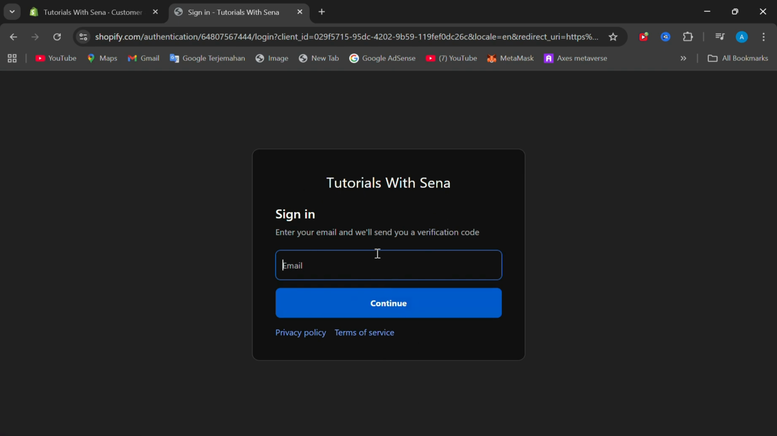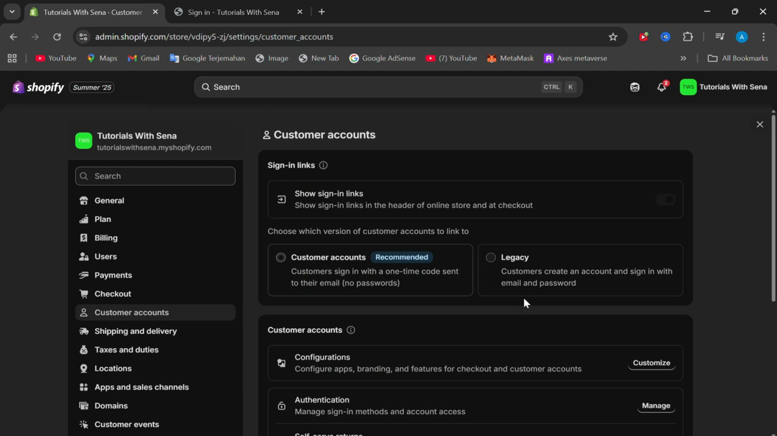It's simple and just needs an email and the customer will get a verification code. So they don't need to create an account, fill in a form, and type their email and password. So it's simpler. And for the legacy, let's try